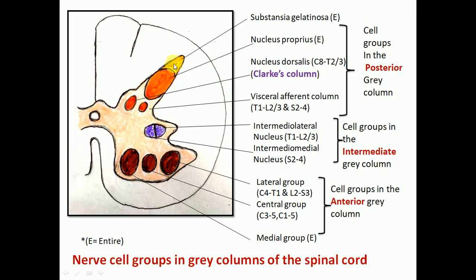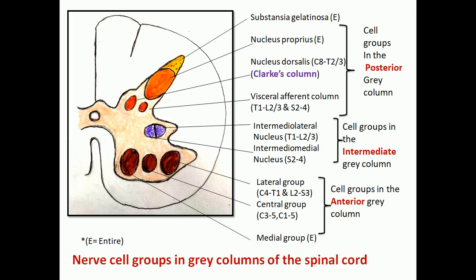Now, first of all, the substantia gelatinosa is present on the apex of the posterior gray horn. It is also present throughout the length of the spinal cord, and it is concerned with the primary sensations like pain and temperature sensation. It also contains short Golgi type 2 axons, and interneurons, or association neurons, are also present. So, ultimately it is concerned with primary sensations like pain and temperature, and from there onwards the sensory modalities pass through the nucleus of the spinal tract of the trigeminal nerve.